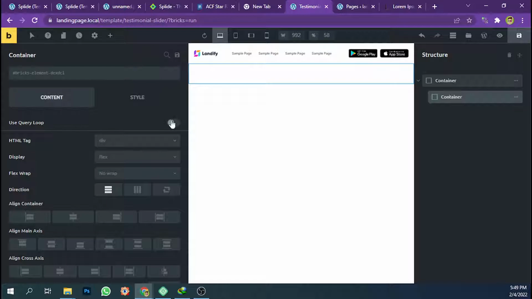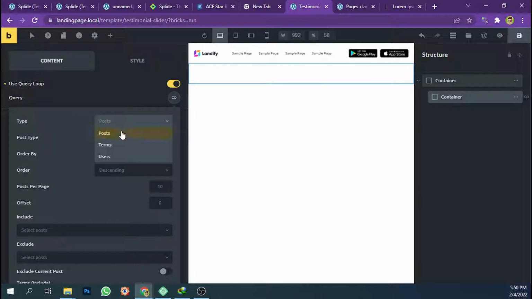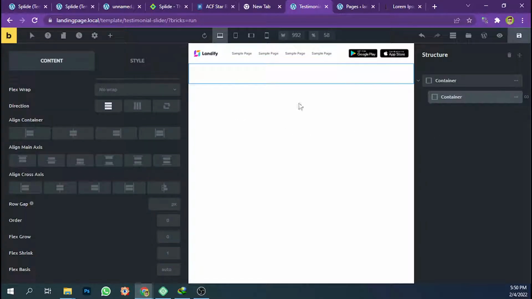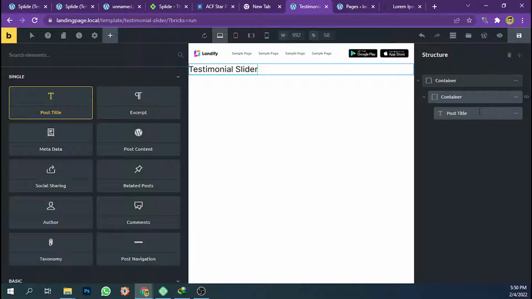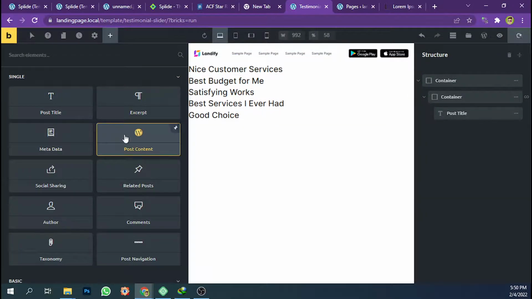The second container, we're gonna enable the use query loop feature, and let's filter the post that I need to display. We're gonna pick the testimonial, and we're gonna pick maybe like 8, like this, and we're gonna start to add the post fields. So this is a post title, then we're gonna add a post content,